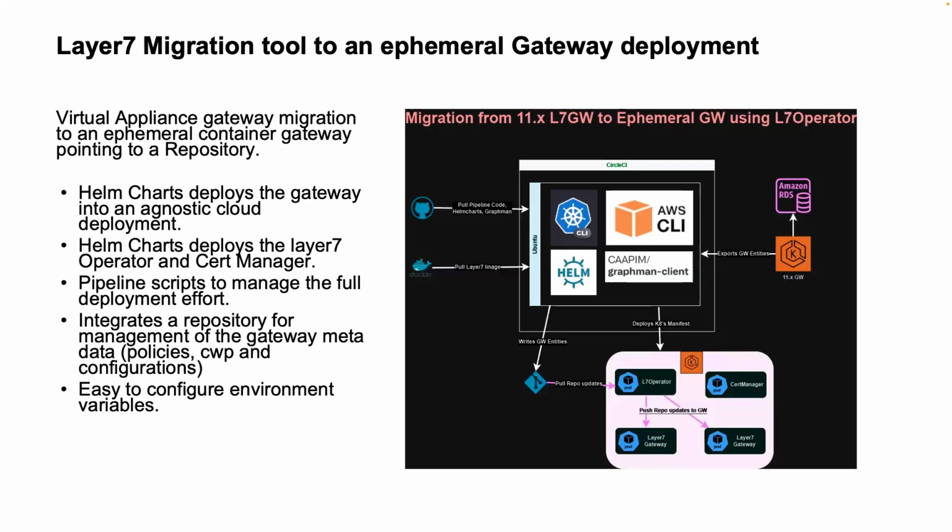And it is going to synchronize the migrated policies which are in GitHub back into the newly built gateway accordingly. So by this, when we log into the policy manager, we will be able to see the upgraded services available in the container gateway that was managed by L7 operator. So as part of the demo, we will also demonstrate adding a few more services and also clusterable properties by